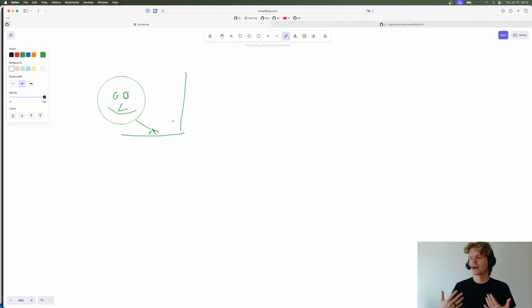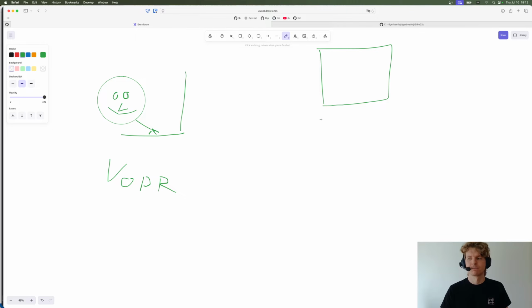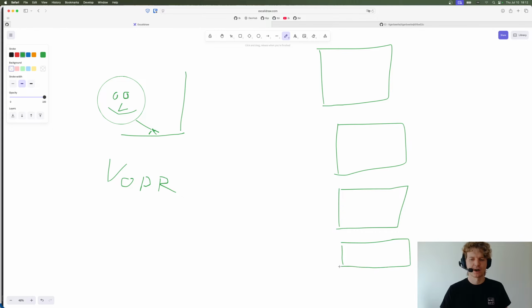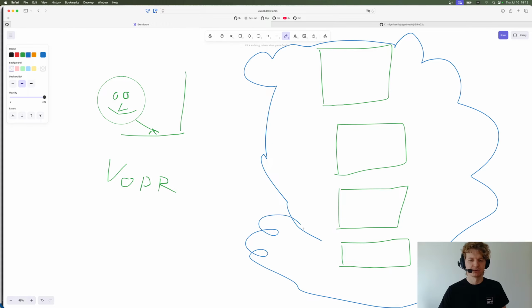We don't want to run our Whopper on this laptop because the laptop is not super fast. Ideally, we want to have a whole bunch of different machines running in the cloud. So that thing should be the cloud. So let's draw it the way clouds are, using the blue. So okay, this is the cloud. And we want